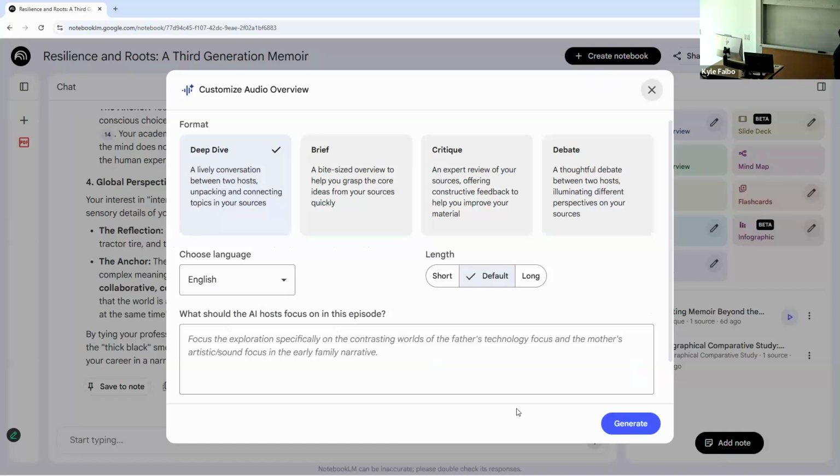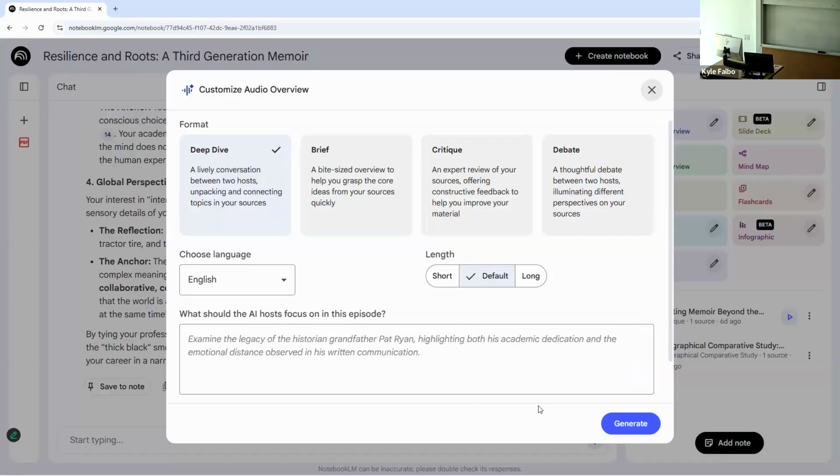And so deep dive, that's this very generic NPR style back and forth where they're just delving into a topic, right? I think this is like a summarization feature, right? This is a nice way, if you want to digest some information in an audio format with 2 people talking, I say people, 2 AIs talking, then deep dive. Then there's brief, right? So if I want a smaller condensed, maybe that news bite feature that you get at the tail end of the hour, that's something like that.